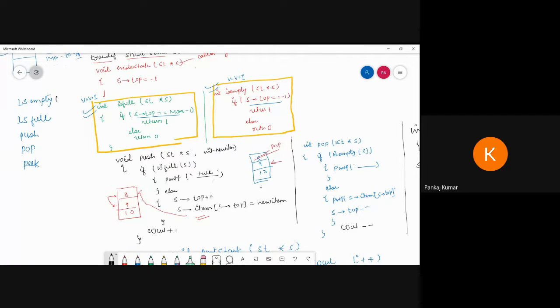So these are the functions. Here the time complexity of each function is always order of constant time. If it is necessary, then it is called; if not, it is not called. So we can write order of one time. Is it clear? The overall time complexity of a stack is order of n, because we have to perform n operations, but here there is no loop, so we can conclude that the time complexity is order of 1. Is it clear?